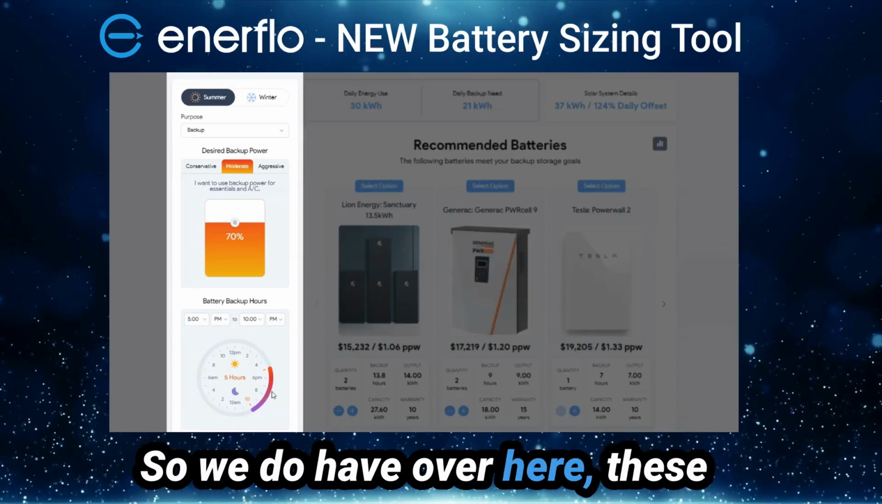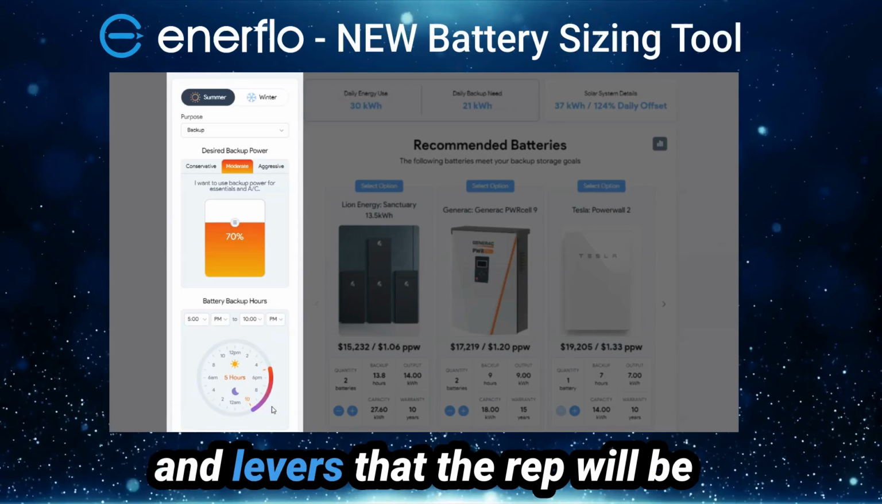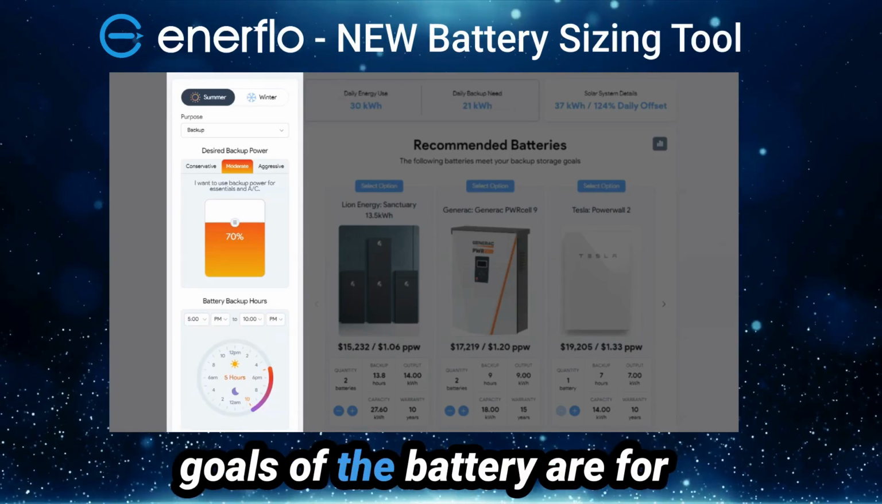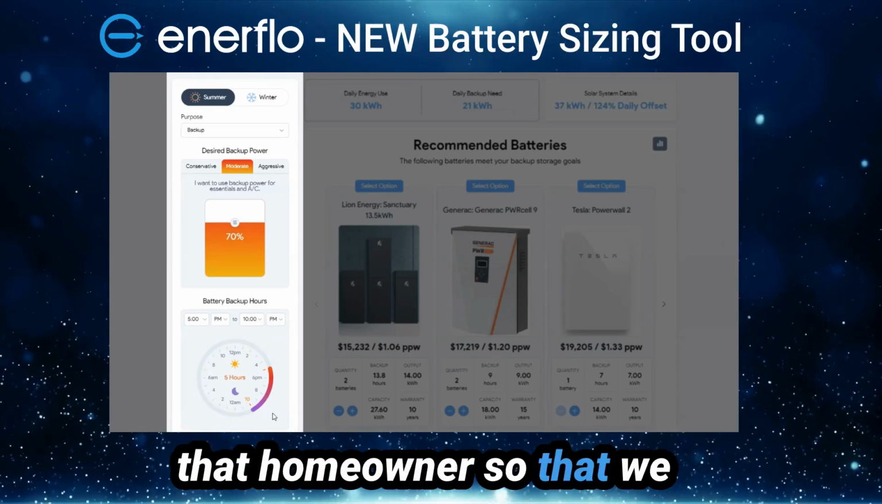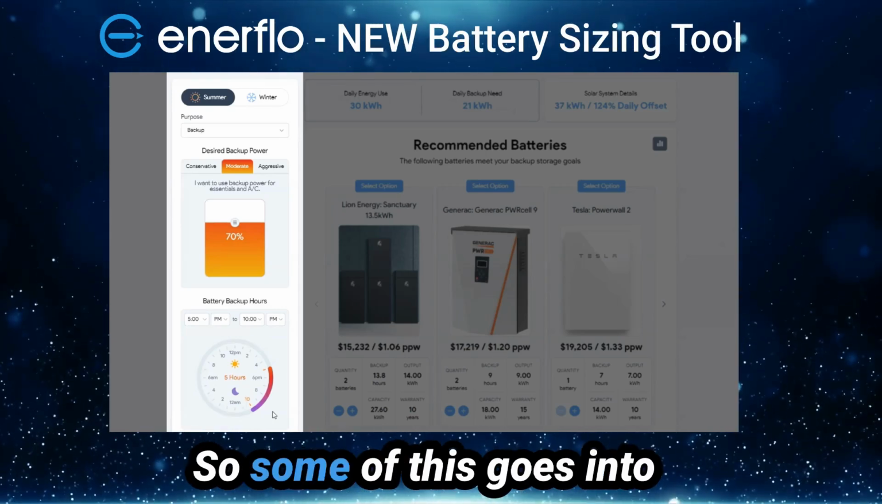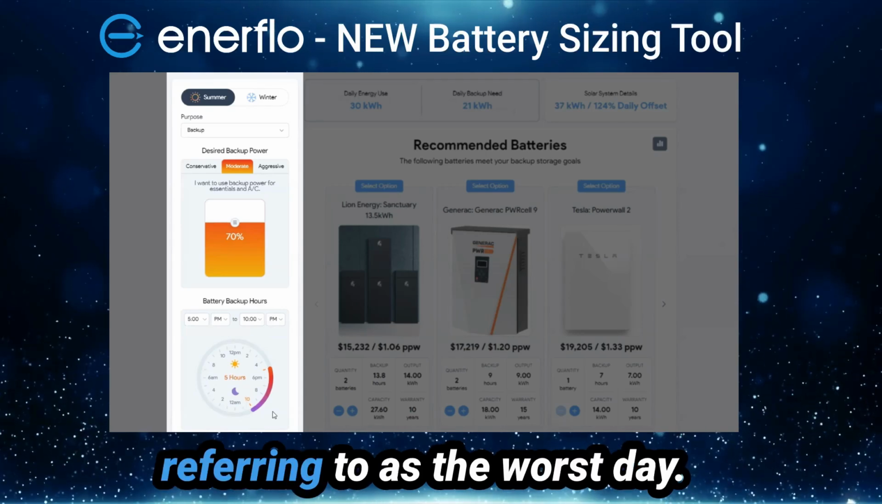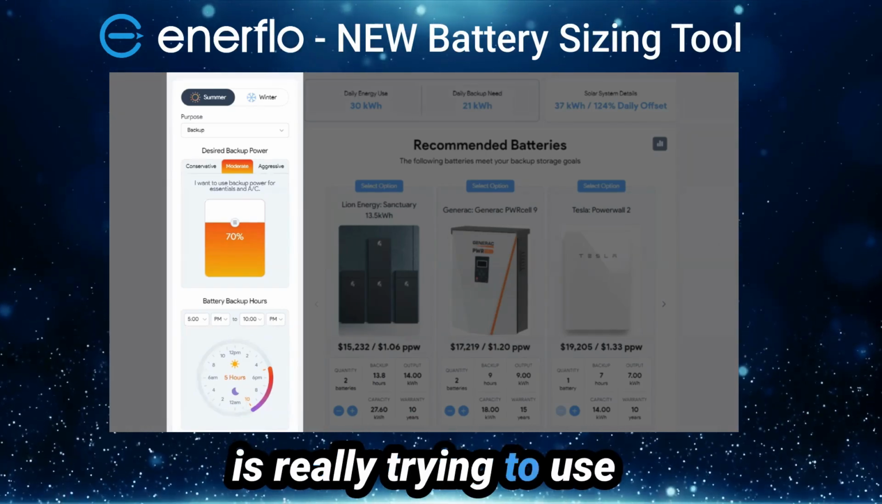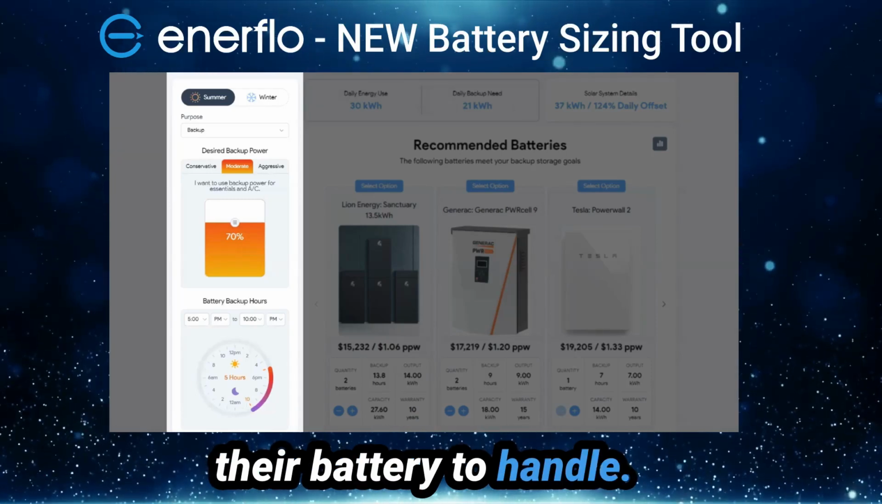So we do have over here, these are essentially all the knobs and levers that the rep will be pulling with the homeowner based on what exactly the goals of the battery are for that homeowner so that we can help size appropriately. So some of this goes into what we've been essentially referring to as the worst day. If we're going to be looking at the usage the homeowner is really trying to use their battery to handle,